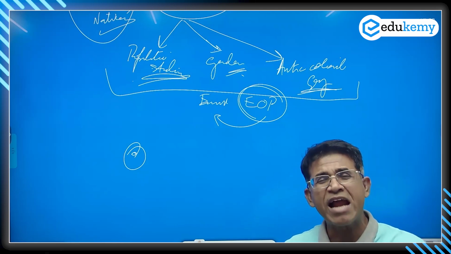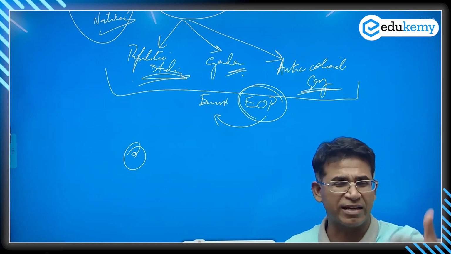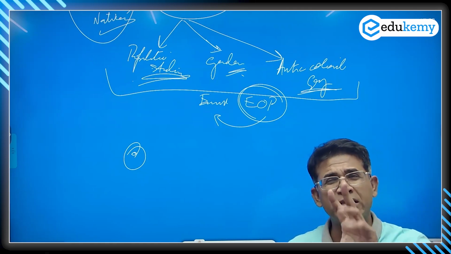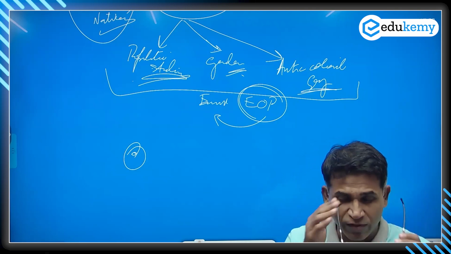Okay? So I have kind of summarized the philosophy of radical geography. Keep revising this again and again. In the introduction or conclusion, this can be a very good write-up for radical geography. After that, it depends on how they phrase the question.